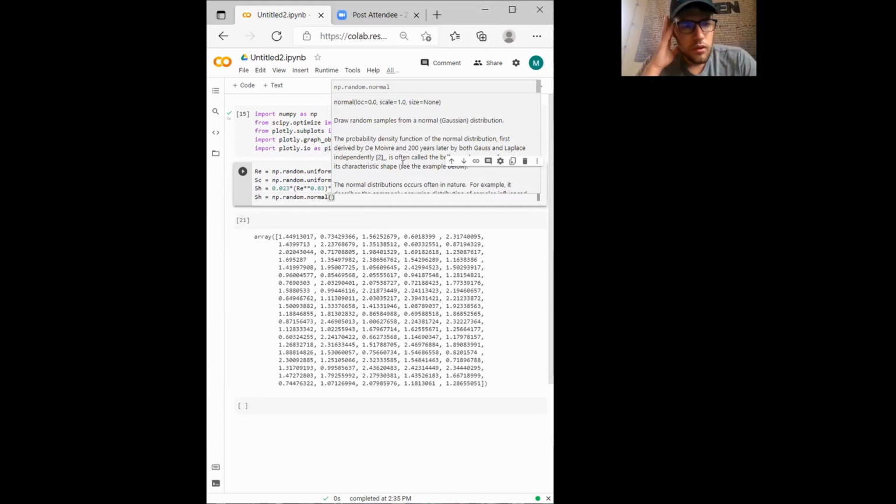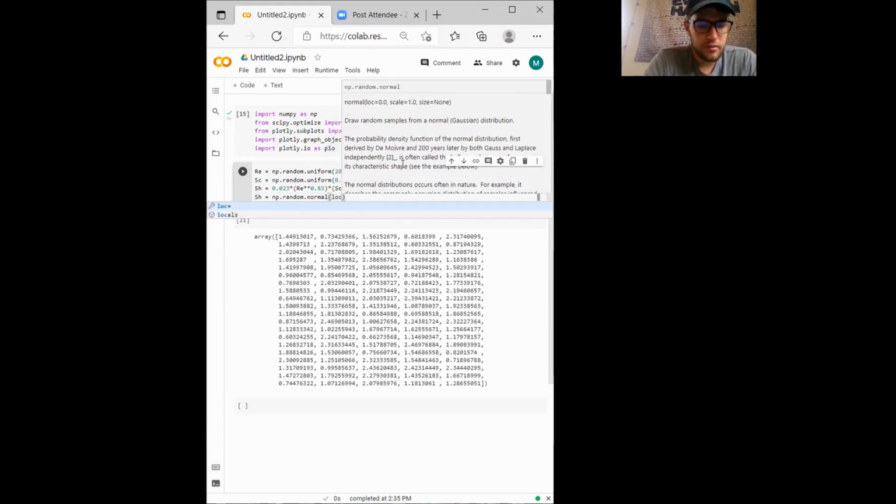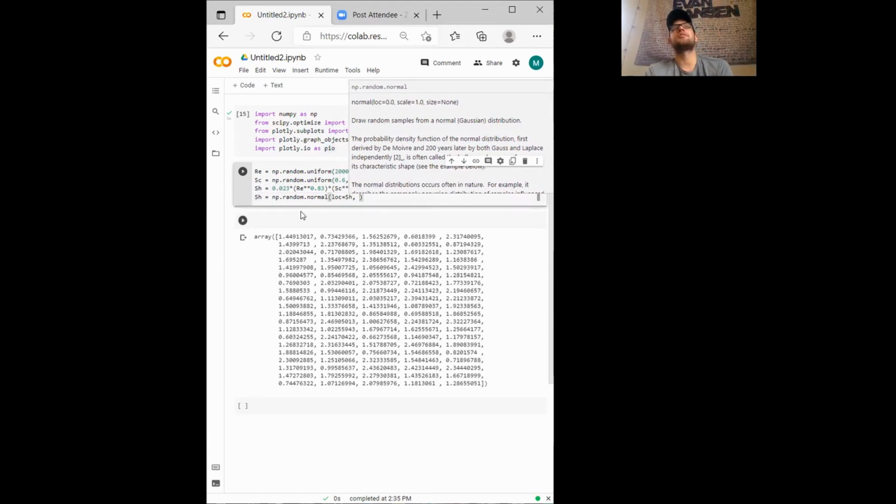So we know that our location is Sherwood's, SH, because this is where the 10% normal experimental error is going to occur, at Sherwood's number. So location is this variable we already defined as Sherwood's number. And the size is going to be